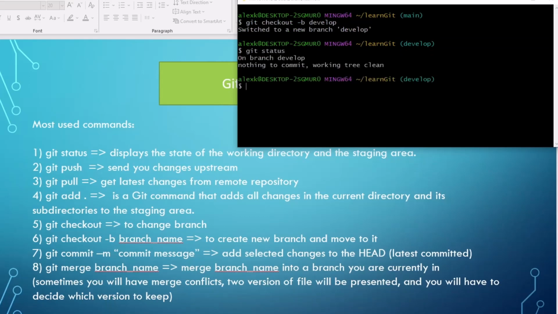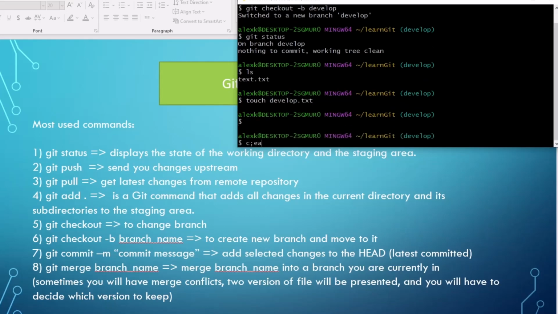So we're on develop, and let's do ls. So we see the file is here. We actually grabbed the latest from the main and we checked out, and this is right now exactly the same as the main. But we can go and maybe add another file, touch. Let's do touch develop.txt. Okay, clear the console,